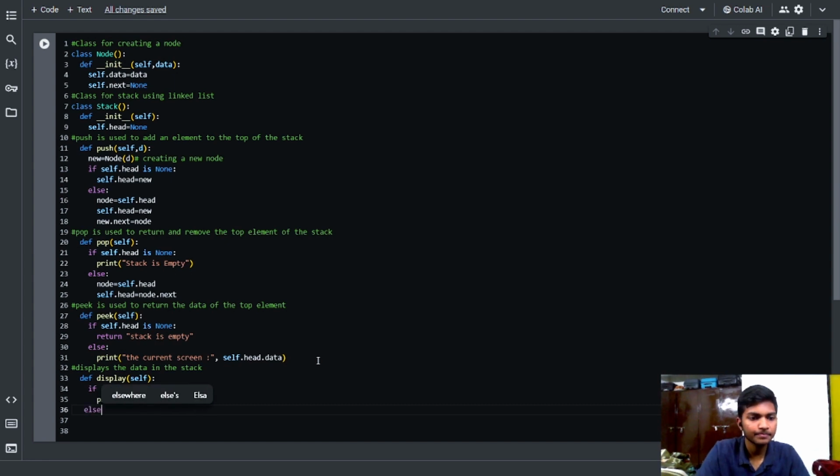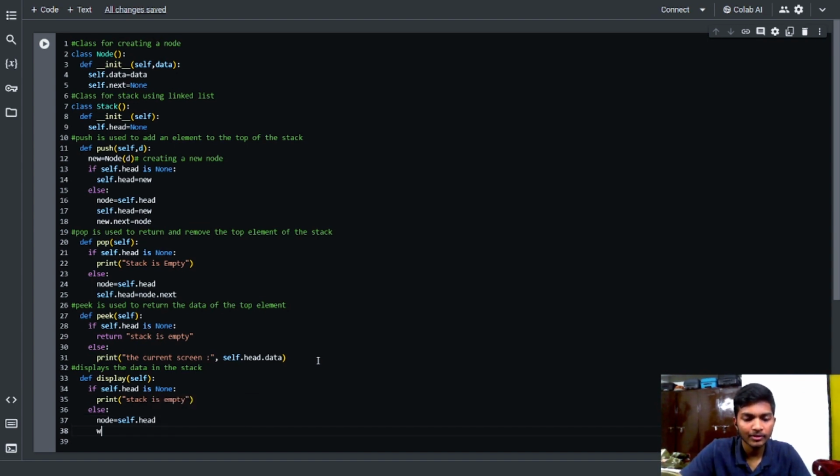Else, if the stack is not empty, and we need to be careful with the indentation, we will save the present head, the top of the stack, in the variable node. So node equals self.head, and we will run a while loop where we are accessing the elements in sequence, and we will print from the beginning. While we are going through each element, we will print each node's data. So while node.next is not empty,